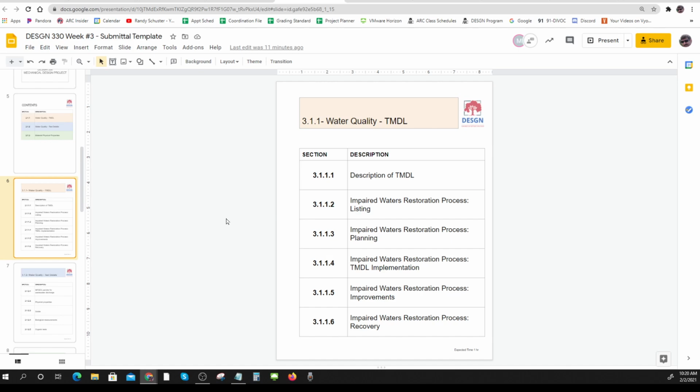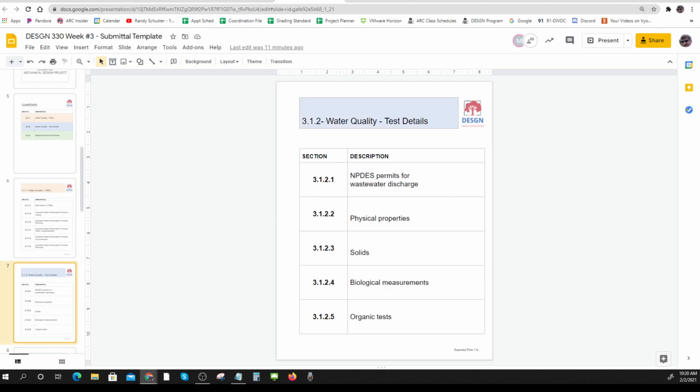Cool. I think it's straightforward. I'm leading you more on this one than I did on the last one. I'm directing you right at where I want you to do your research. So the next one is water quality test details. And I've got those